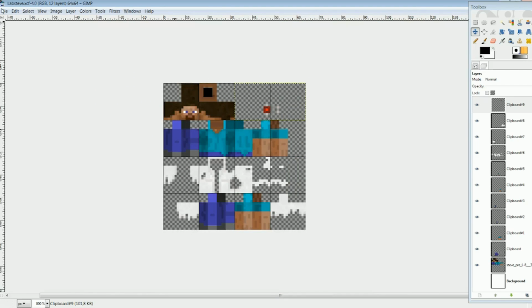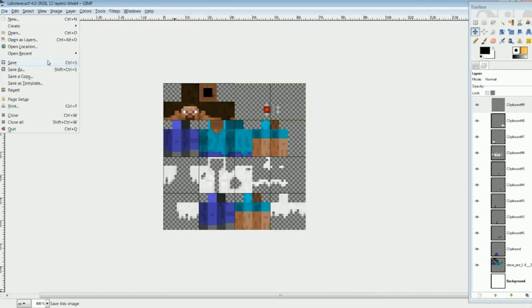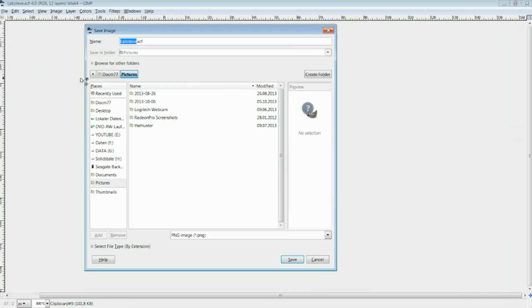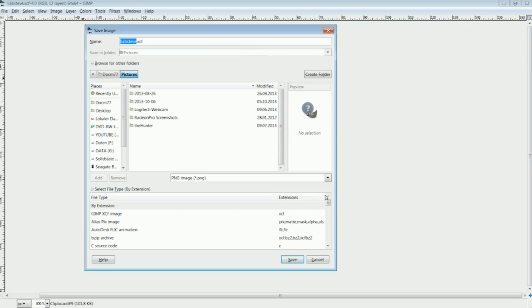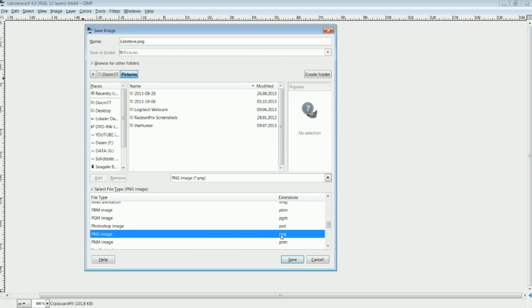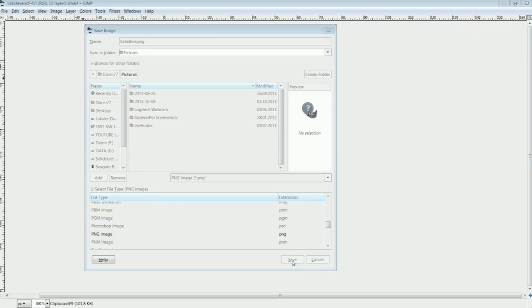And yeah, in the end, you need to save your skin. Simply go to Save As here, and then you need to make sure to select the correct type. If you don't do that, you will just save it as a template here for GIMP. So yeah, click on the plus sign below here and make sure you scroll down and select PNG image. You can see as it changes up there into PNG, and then